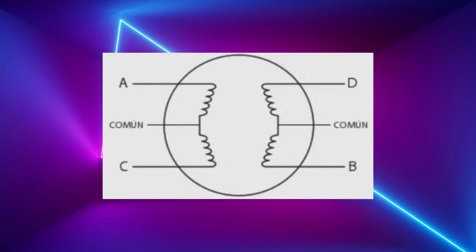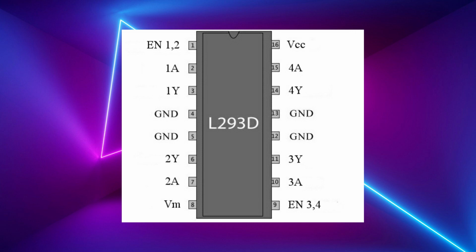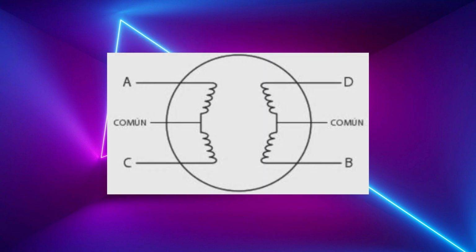For this project, we will see the operation of the stepper motor, which is a motor that works by receiving electrical signals. These signals are registered by the driver. This driver is an L293D, which will allow us to have control over the motor. With this, we are going to use that signal,